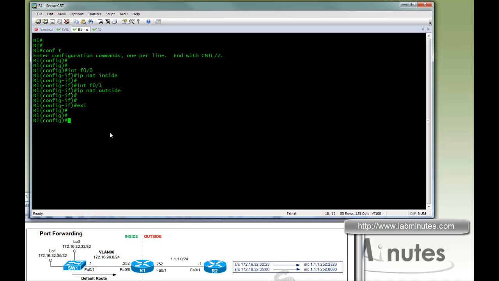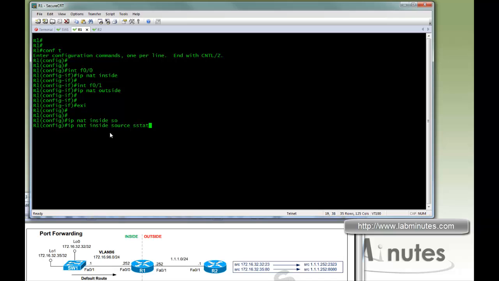In that case, you're going to have to use an alternative port number. So here we're going to map telnet port 23 on the switch 1 loopback 0 on the inside to port 2323 on the outside. So IP NAT